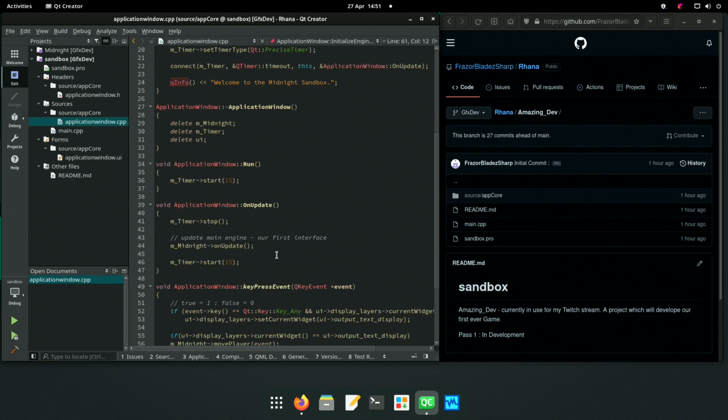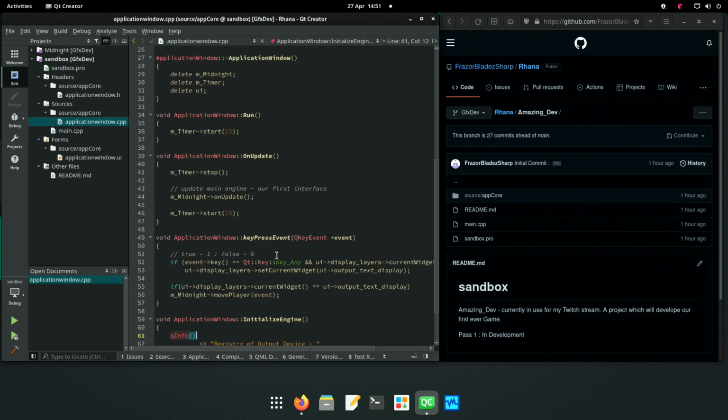And the only thing that we do is on the key press interrupts, we send through this event. So we pass our event over to the midnight system. That's an interesting way of doing it.